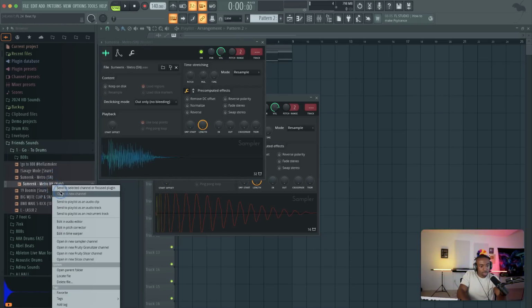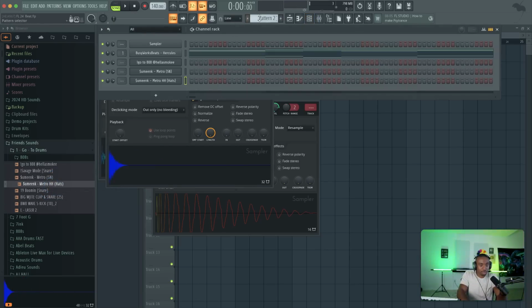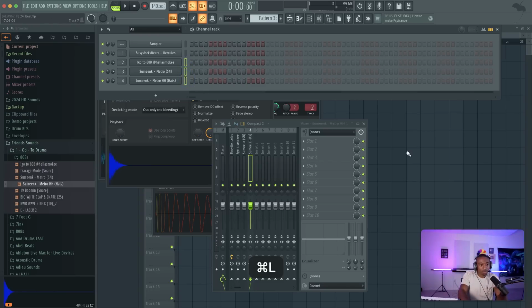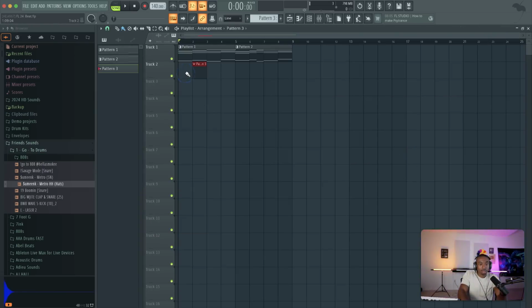And what we're going to do is use this hi-hat. I want to show you guys the new note repeat feature, which is not new to this version. This was introduced before, but for those who are new, let's add some drums. Let's go to song mode. Let's go to pattern 3.